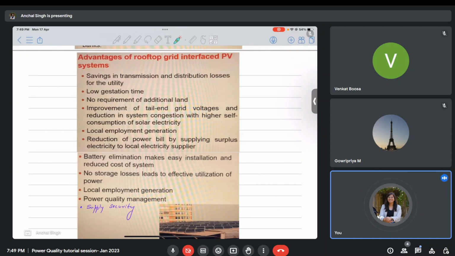Most of the people with whom I have talked practically have had very good experiences. They just have to take care of proper maintenance. So you need to clean the panels from time to time. You need to take care of the electrical equipment. There might be a battery inverter, or you might have to do a little maintenance. If you are able to do that, then you can reach the break even point.